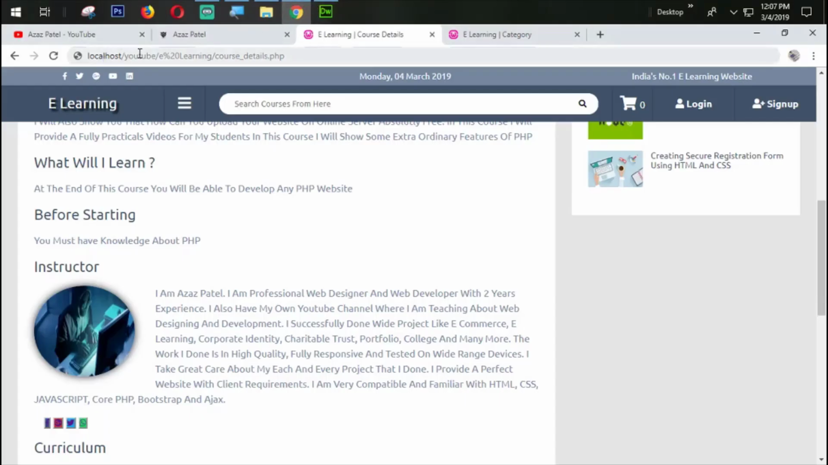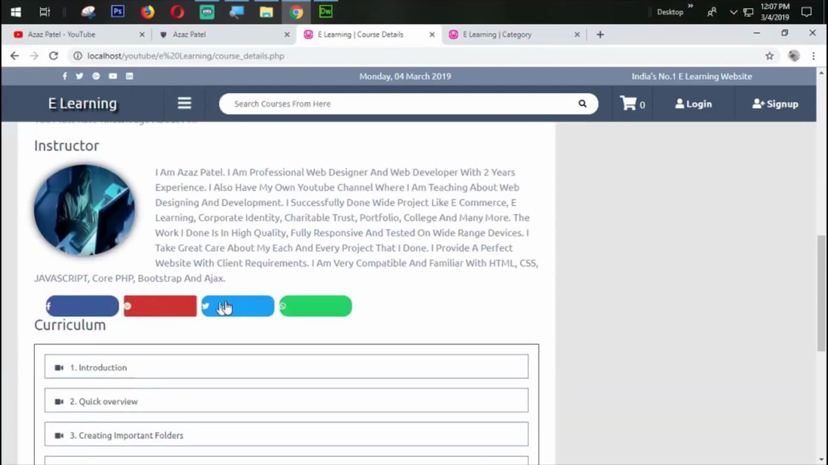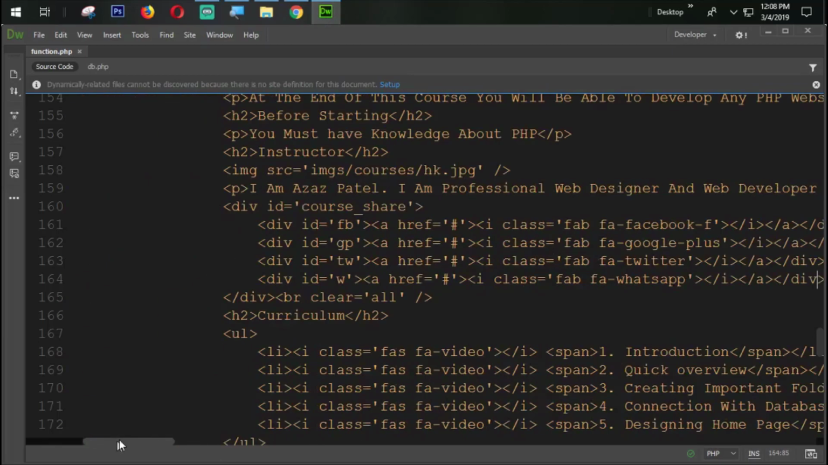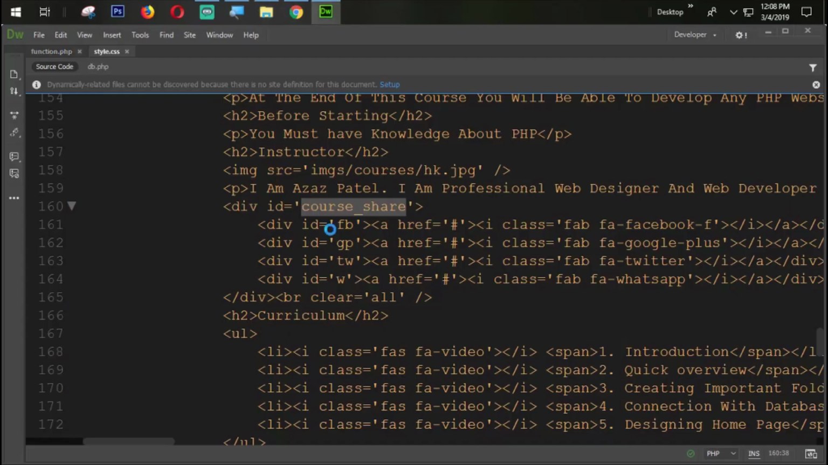Now let's check out the page. I'm going to refresh it, so you can see that the button is coming very well, but we need to fix some problems here. Just look here, course share. So we need to go into the style.css from the CSS folder,